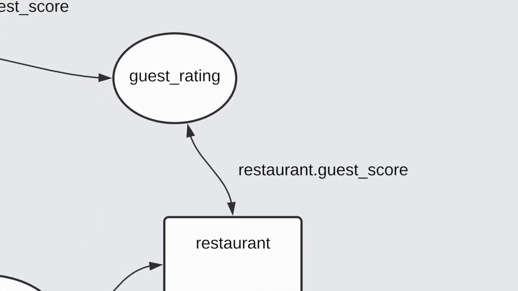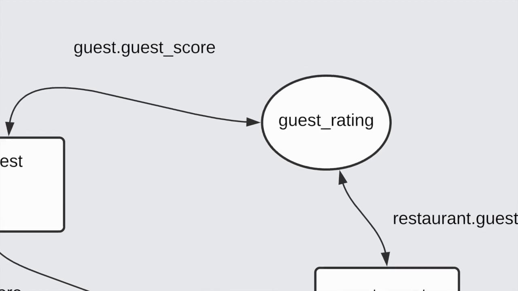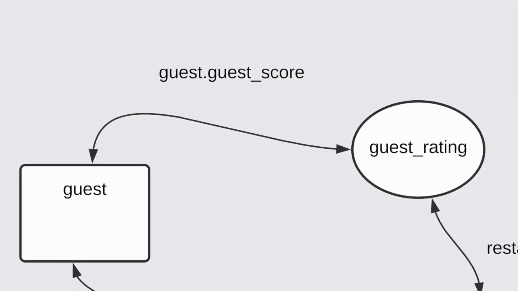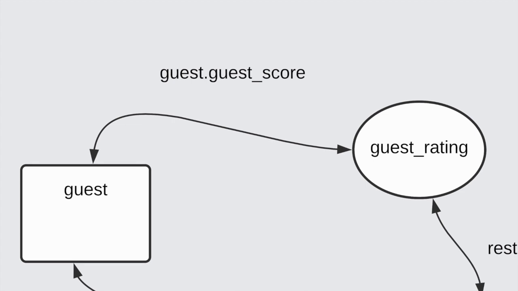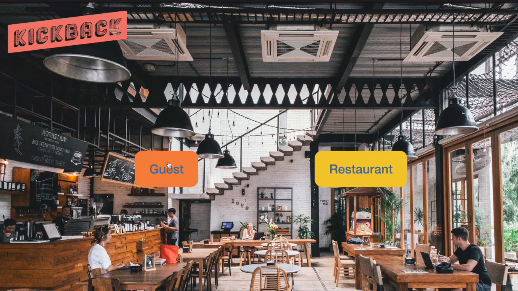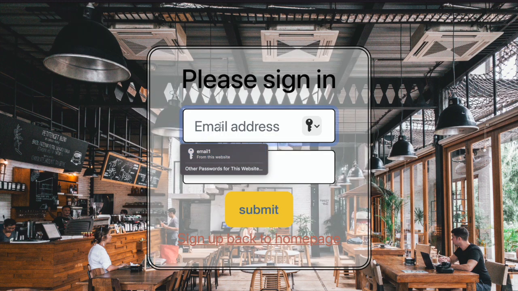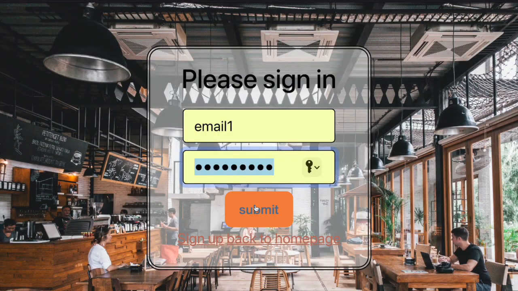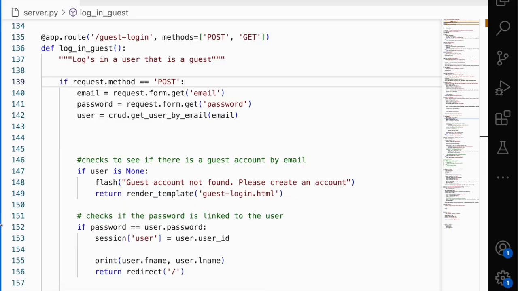I was able to achieve this functionality by using SQL's relationships and allowing access to related tables through a primary key. On establishing these relationships, I was now able to show a certain review linked to that user and display these across the app. Having two different types of users, a restaurant and a guest, I needed to create separate functionality and templates to showcase the different capabilities of that user.